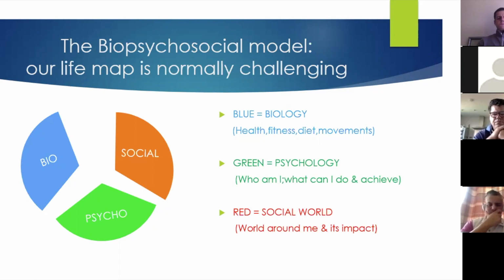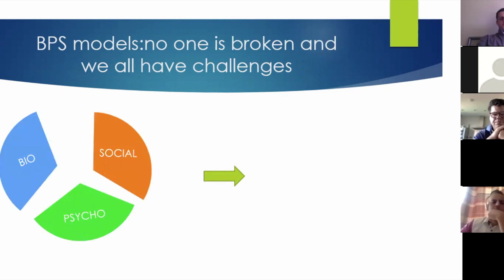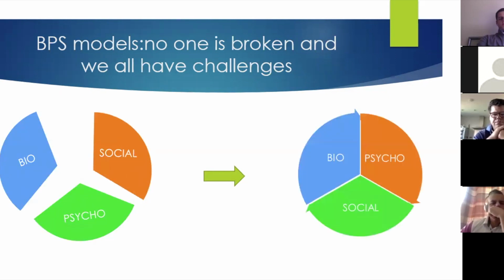And just so that we're clear, with these kind of models that we have, this kind of life picture that we have, no one's broken, and we all have challenges. So we see the left hand is fairly normal, especially at the moment. It's challenging, there's tough stuff going on. And what we're looking towards is to bring those three pieces as close together as possible to optimize our performance, doing our daily deeds, to allow us to achieve our why, our purpose, our new career goal, our family goal.